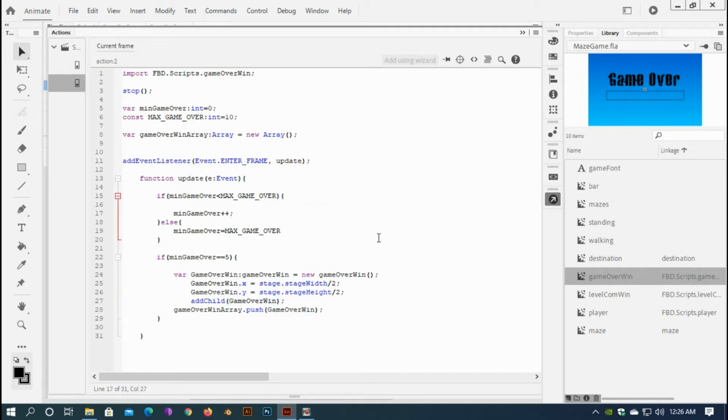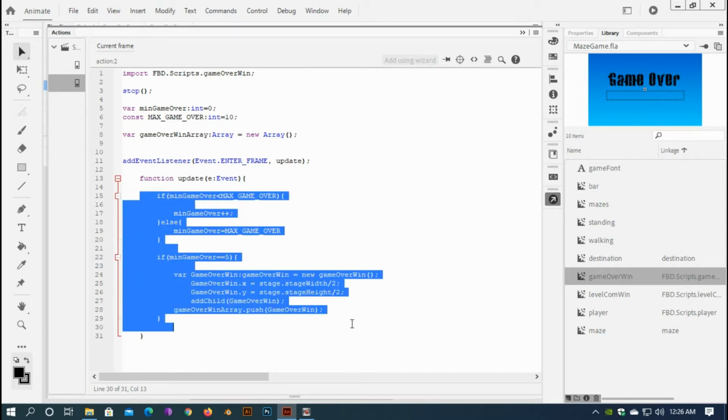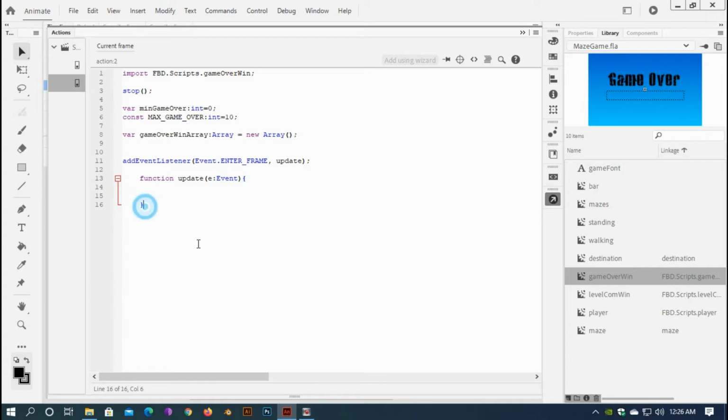I think I should make a custom function for this. Okay, just cut everything and make a custom function